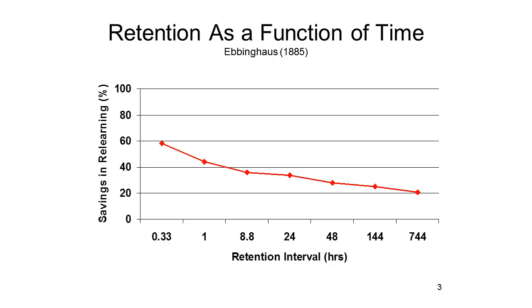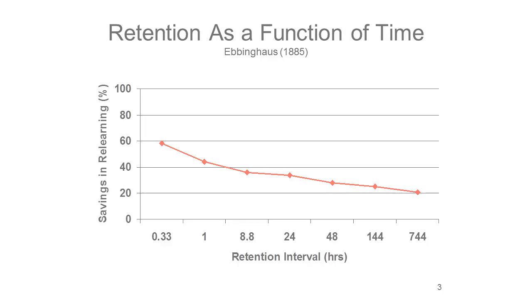In this study, Ebbinghaus used essentially the same method as in his study of rehearsal, learning by rote a list of nonsense syllables. After reaching a criterion of learning, he allowed an interval of time to pass, and then he measured his own memory by means of savings in relearning, the amount of time it would take him to relearn a list he had already memorized. In this study, the retention intervals were 20 minutes, an hour, almost 9 hours, a day, 2 days, 7 days, and so on. What you see here is a progressive forgetting, with memory loss increasing with the length of the